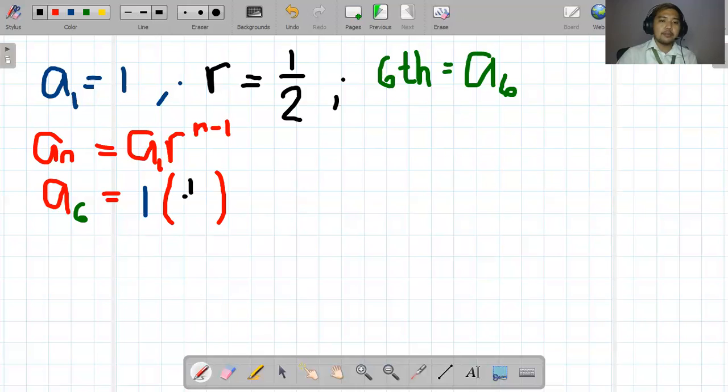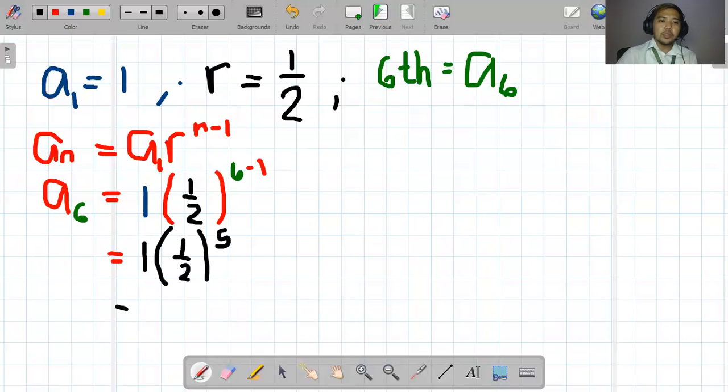Then, we have n na sad. So, nangita man ta sa ikaunom, and then minus 1, kuyog man na permi. So, simplify first kanang exponent. Copy na lang ang the rest. So, 1, parentheses, 1/2. Then, simplify 6 minus 1. 6 minus 1 is 5. Now, we have here 1 times, we raise a fraction into an exponent, so 1/2 raised to the power of 5.